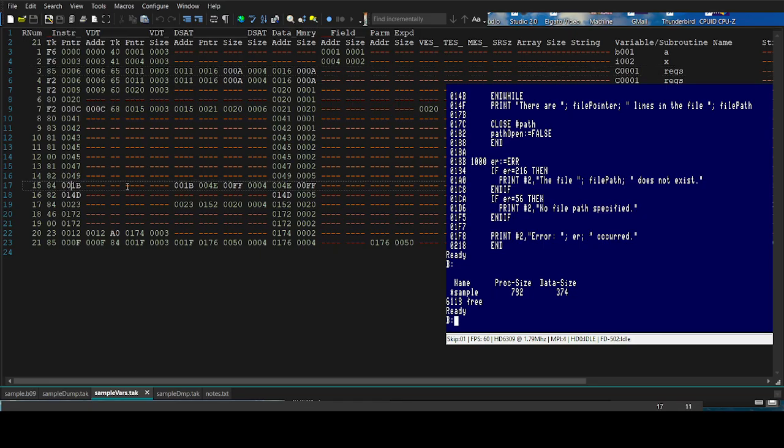If it's this, it points directly to this. So this is the relative offset within the description area. This is the pointer to where in data memory this variable occurs. If it's a field variable, it's the position within the record and its size. If it's the parameter,